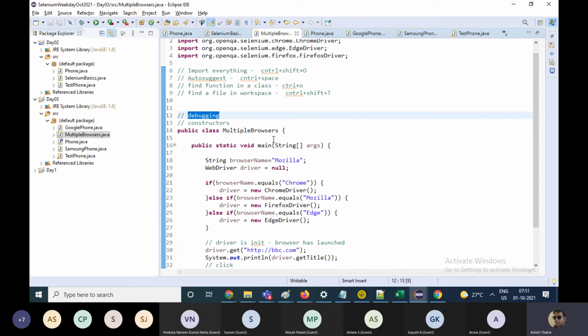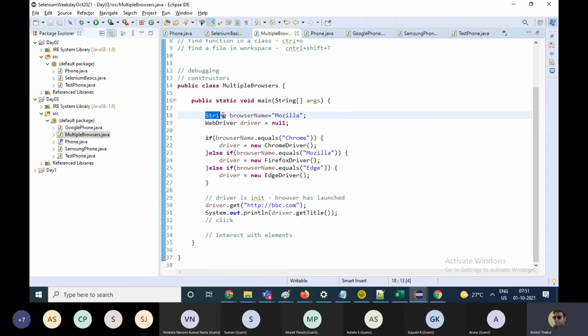In order to debug the program, you first have to introduce a breakpoint. Like on line number 18, the first line of our program, I will put a breakpoint by double clicking in front of it. You will see a dot and then you can run the program in debug mode. This is a small bug icon on the top left.